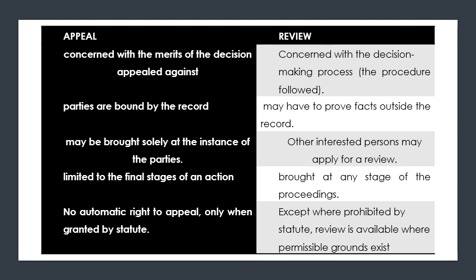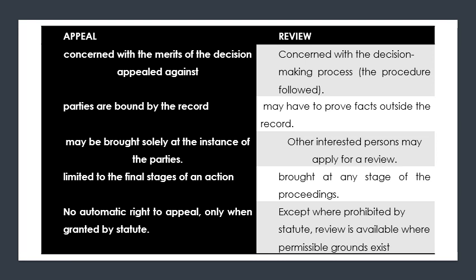What do we mean? Whatever statements that were made, or evidence that was adduced, that is the same evidence that you are going to use in appeal. You do not change it, you do not use any new evidence, you are just appealing the decision based on that very evidence alone. And then in terms of review, however, we are saying that you may have to prove facts outside of the record. So you may even, in instances, put in new facts that were outside of the record, right? That were not recorded in the statements made by witnesses or whatever.